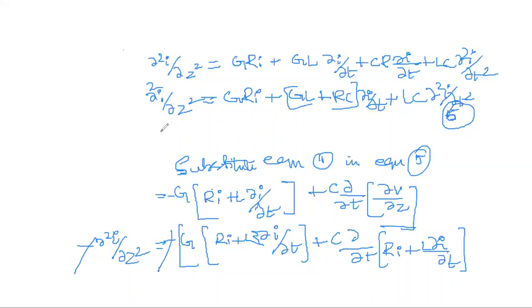Now this equation is the transmission line equation of current. You can see the variation itself. If it is ∂I/∂t, then it will be the current equation. If it is ∂v/∂t, then it will be the voltage equation. This is the wave motion equation in current. So till here you have to derive if they ask you the question of the transmission line equation of current and voltage.